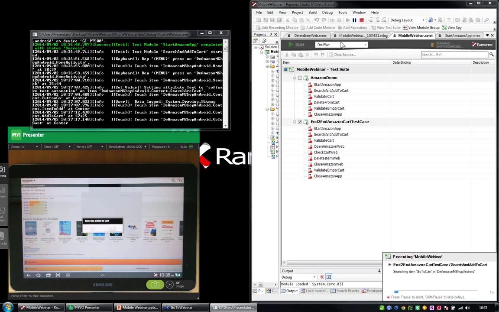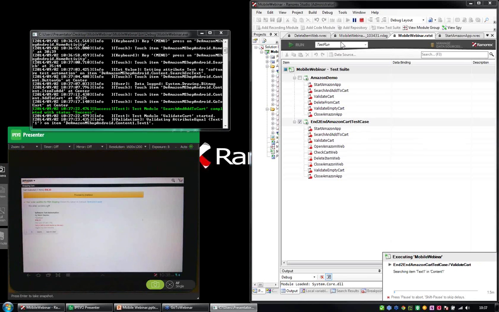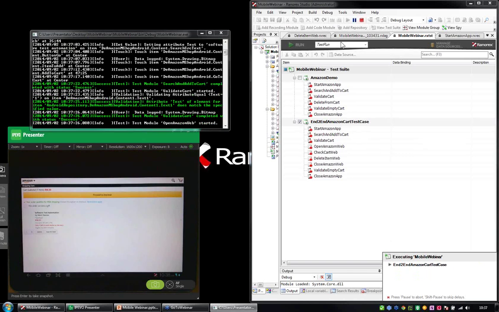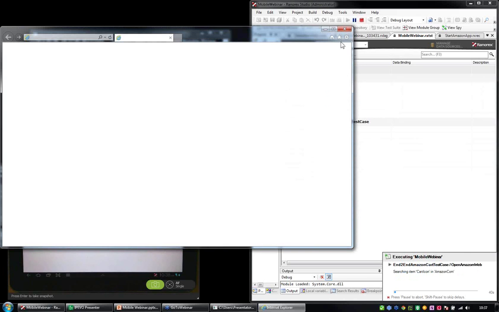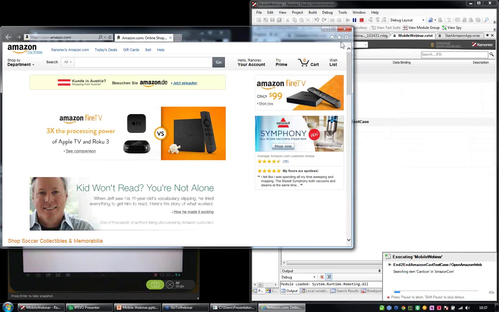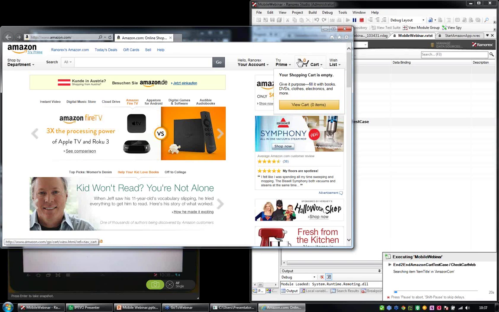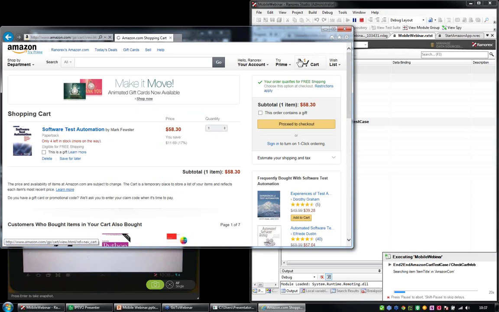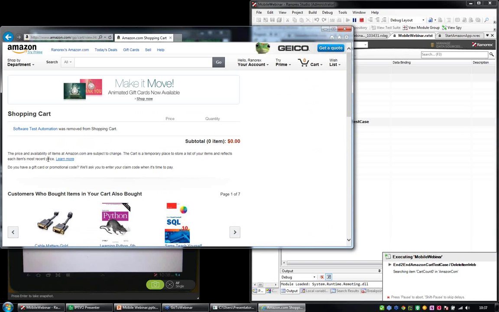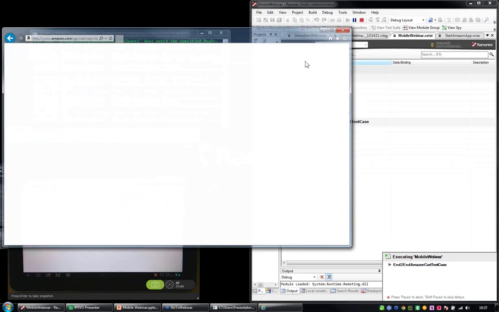So finally we are going again on the Amazon web page. And now hopefully everything works. So we are opening the web page again. We are going to the cart. We will validate that the cart has one item in there. We delete the element from the cart. And after we deleted the element from the cart, we validate that the count is empty. And after that, we close